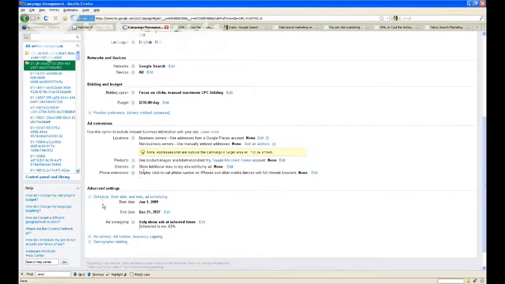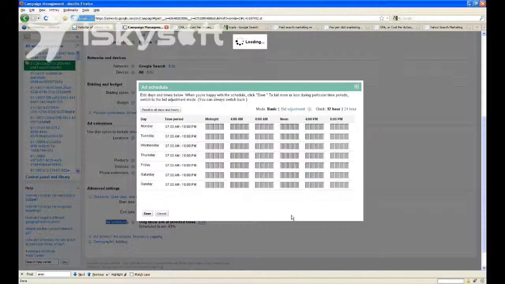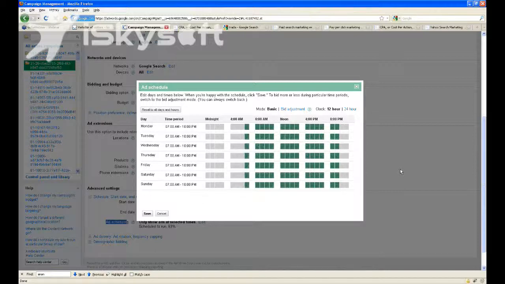More importantly, though, there's something here at the bottom called ad scheduling. The default for ad scheduling when you create your AdWords account is 24 hours a day, 7 days a week. Think of this like you're running your own business. Should your business be open 24 hours a day, 7 days a week? When do you get most of your business? If you have a storefront, clearly you probably have 9 to 5 hours. You might be open just on Saturday, maybe not Sunday. Why would you want to run your ads any differently in AdWords? It's very easy to make a quick change in AdWords to adjust the times that your ads run.